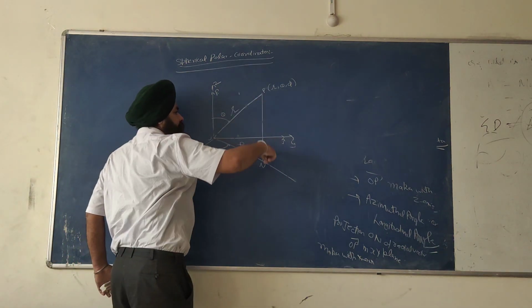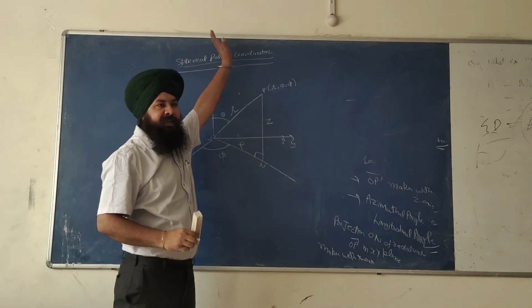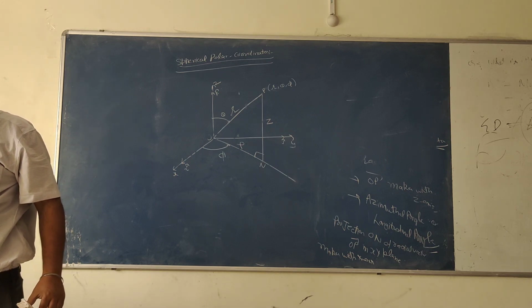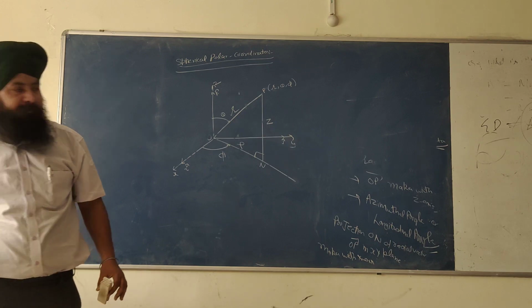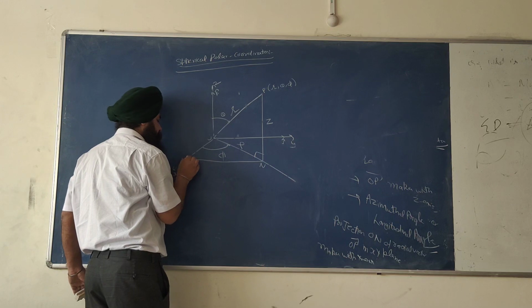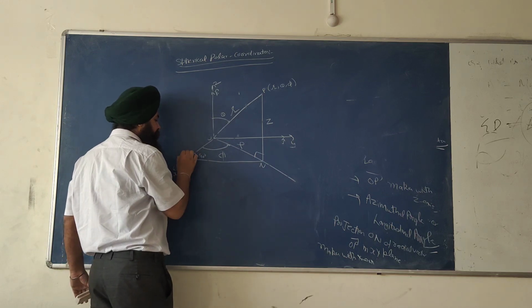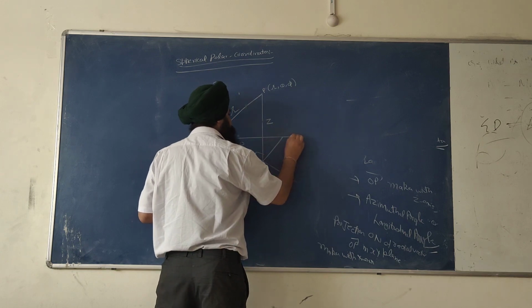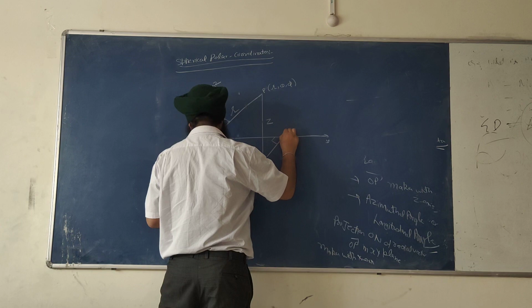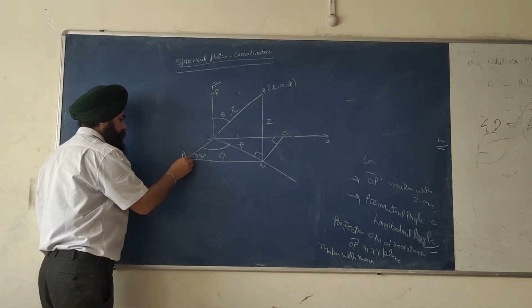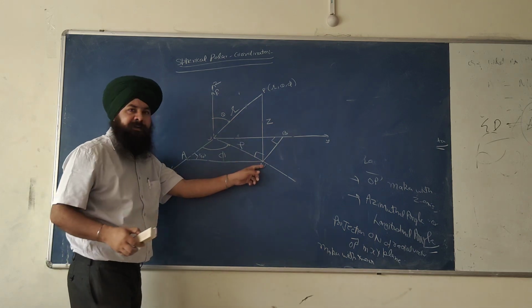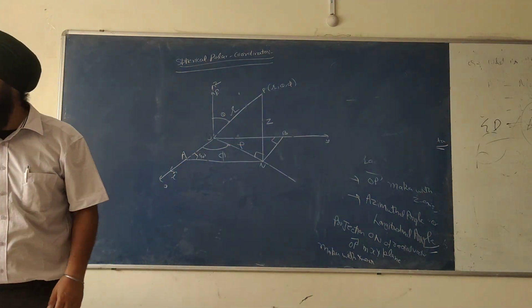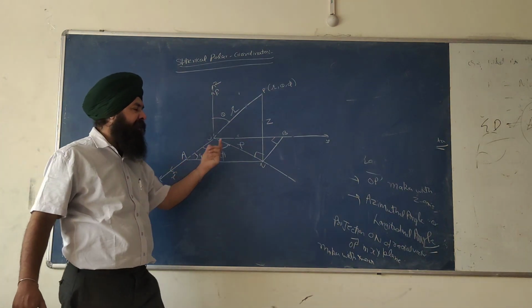So what is this? I can say this is Z because it is parallel to the Z. So from point N, please write from point N, drop NA and NB perpendicular, 90 degrees, on x-axis and y-axis. तो मैंने यहाँ से एक perpendicular ड्रॉप किया, एक x-axis पे फिट किया, एक y-axis.